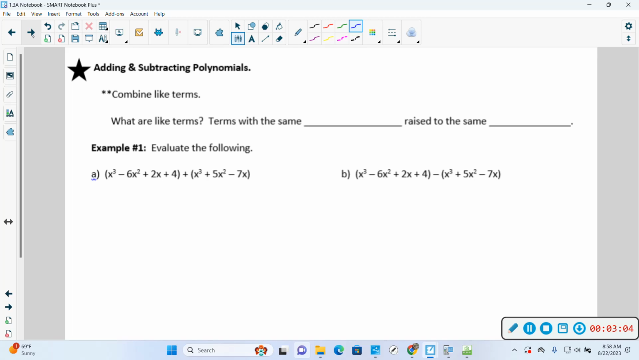So adding, subtracting, combine like terms. We've all heard that phrase. Just to review, like terms, of course, have the same variables